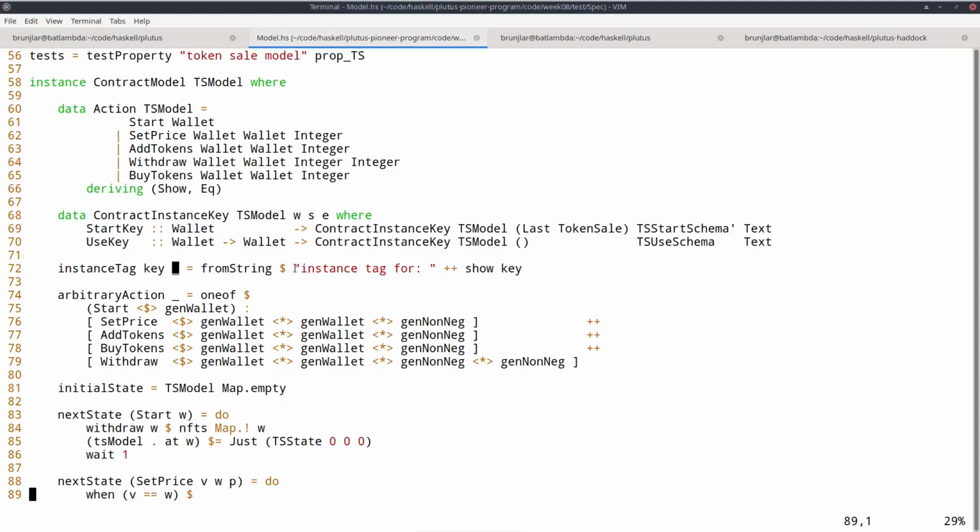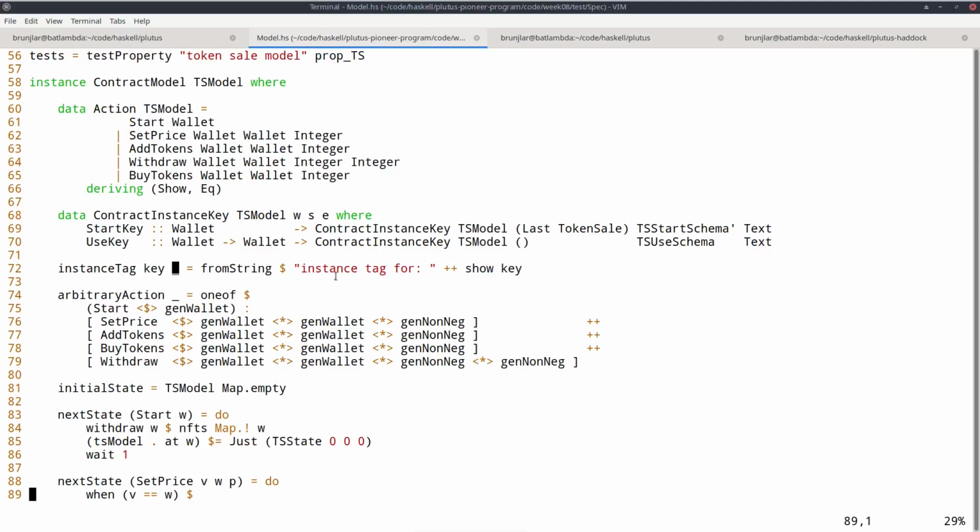So the idea here is to simply use our key that we have here and show it because it implements Show, and then write instance tag for some arbitrary text in front of that. I mean, that wouldn't be necessary. I just copied that from some code from the libraries where they do it like that as well.